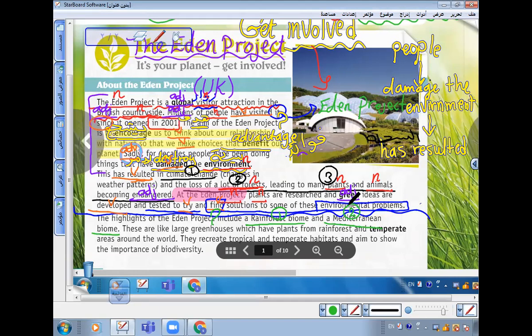These are large greenhouses. هي عبارة عن greenhouses. حكينا like what? Glass houses which is full of green plants. Excellent. هي عبارة عن